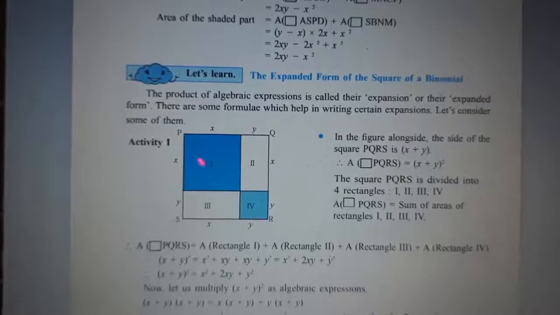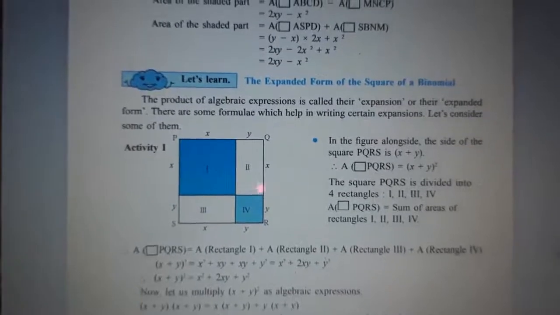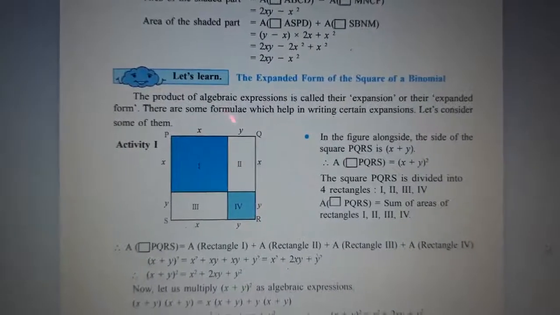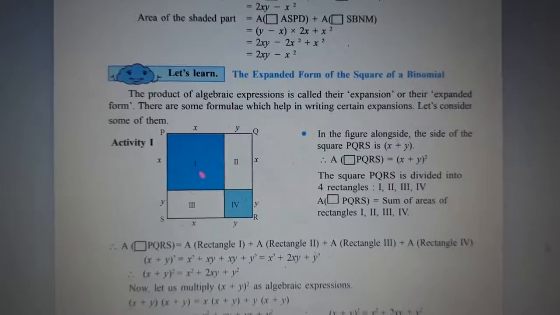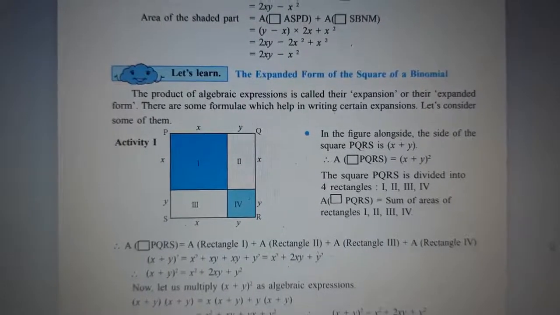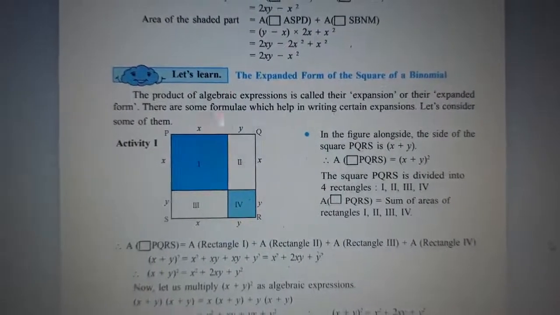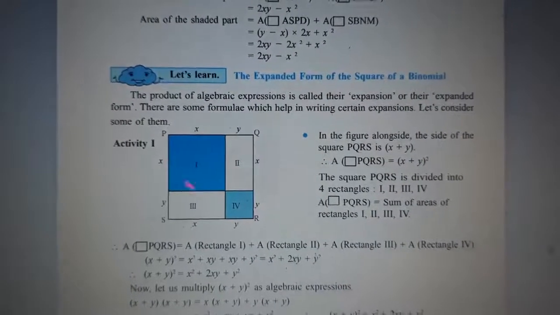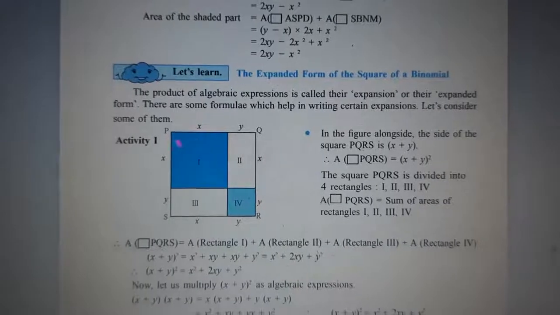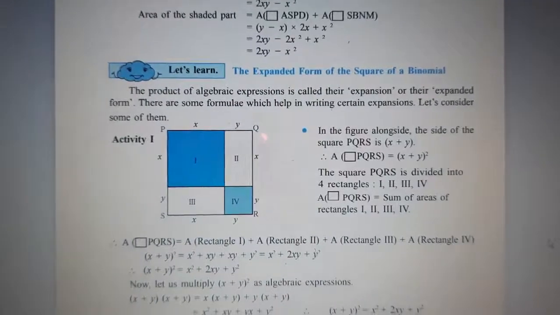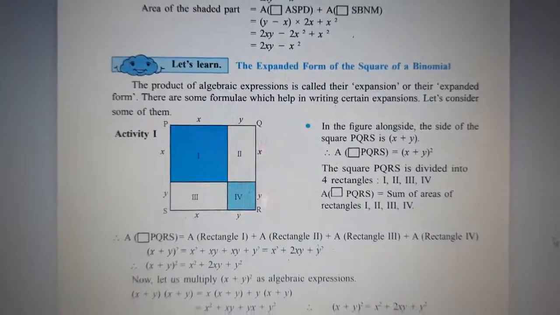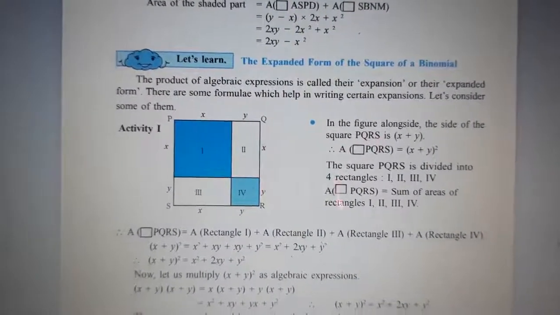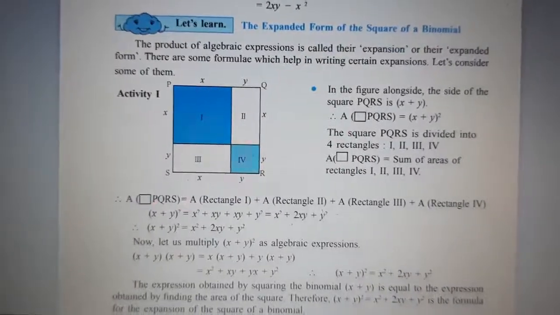This square is named as 1, Roman numeral 1. This is second, this is third figure, and this is fourth. So this full square is divided into first square, second is a rectangle, third one is a rectangle, fourth one is a square. This is big square, this is small square. You can see the alphabets that have been given. This much part is x, this much length is y, x, this much is y, this much is x. So have a look at all this and you will understand.